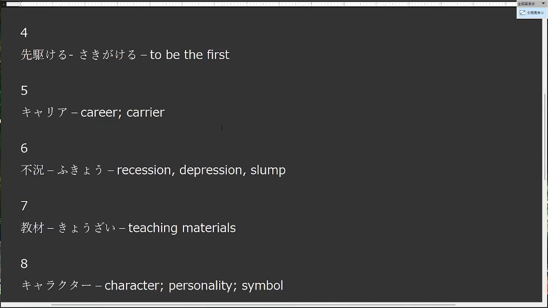Number 4 is a fun one with saki gakeru. Gakeru on the right side is literally to run up to, but the kanji itself means to be inspired. So saki on the left side is before or previously. So this is you are the first person to be inspired by something, and therefore you are the first at it. Saki gakeru is to be the first or the first inspired to do something.